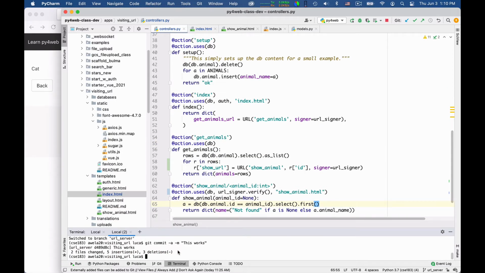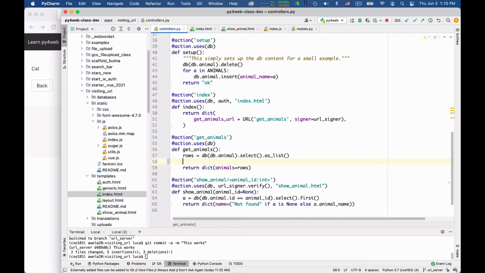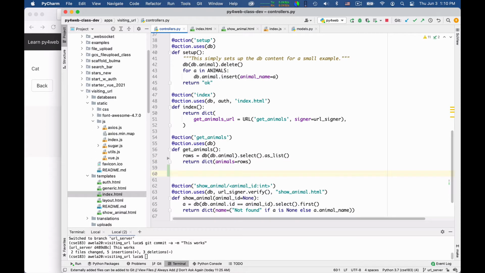Now, for curiosity, let's explore a couple of other possible solutions. Imagine that for some reason you do not want to pass back this list of URLs. There are cases in which the possible URLs on which the user can click are so many that passing them all in advance would require a very large payload. What if we actually asked the server for URLs on demand? So let me remove these two lines. The server would simply have the normal product row list of animals, and we will produce instead another method that on demand gives us the URL for a particular animal.